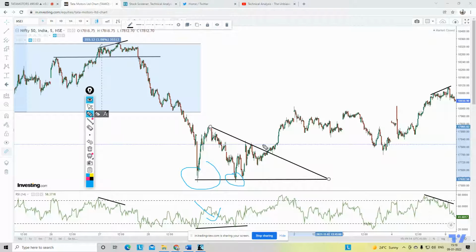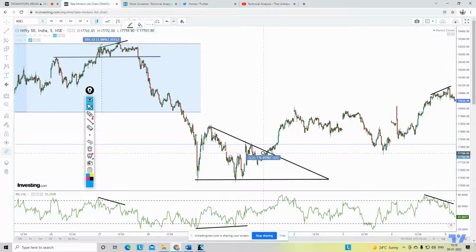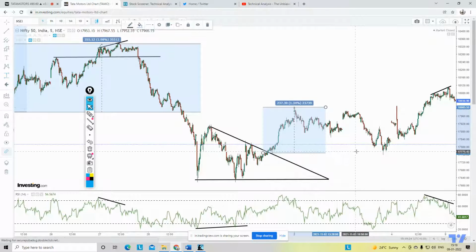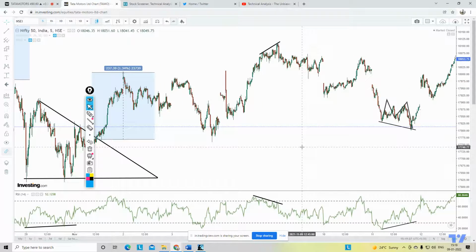right? So the moment it broke this particular area, from this area, you won't trade in from the bottom obviously. So even if it breaks the pattern, you have 237 points, correct? Again, you see it was trending very nicely. I mean, this is like an 80-degree kind of a trend angle, right? Steeper the trend angle, and then you see a divergence. So steeper the down trend, and then you see a bullish divergence, means a lot with respect to the price action. Again, you see there is a divergence over here, correct?